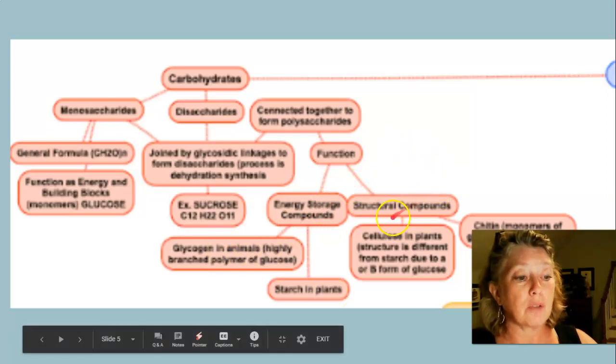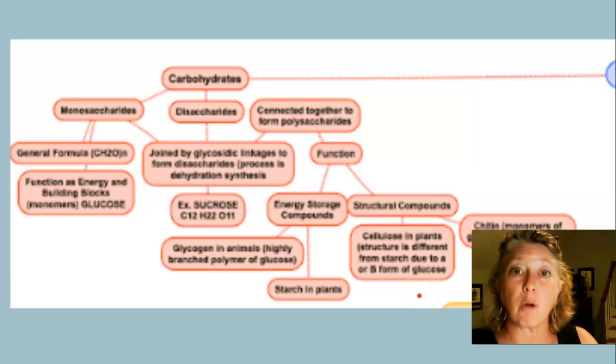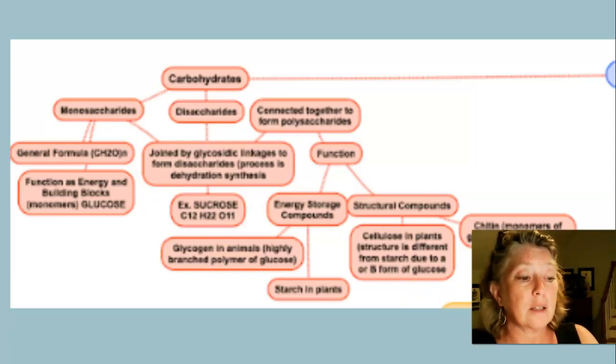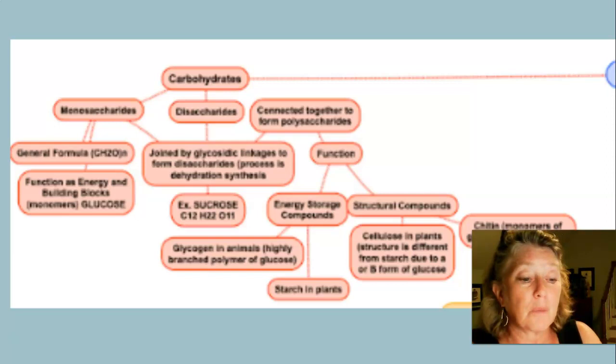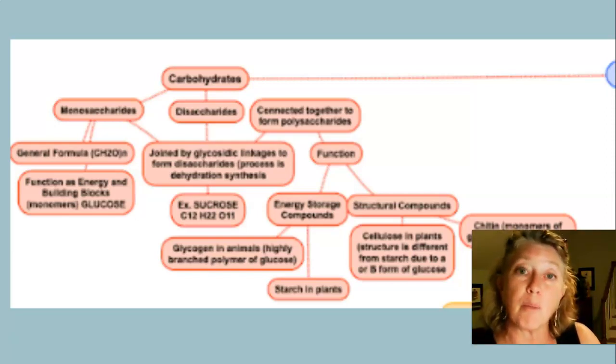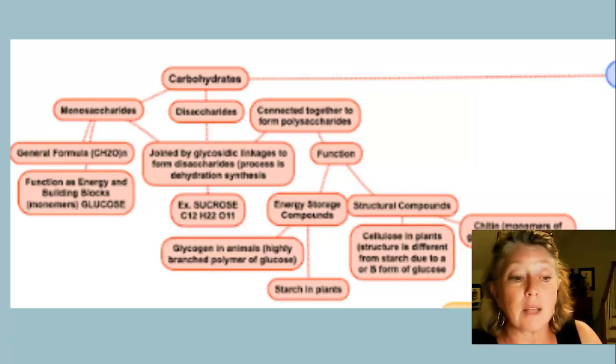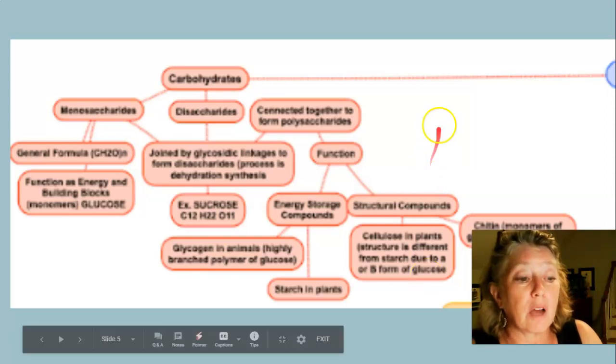Other structural compounds include cellulose, which is also in plants, and it is actually the component of the cell wall. It is a different form of glucose that's bonded, and it is not digestible by mammals. There are things like termites and bacteria that can break it down, but we cannot break down cellulose. Just as an FYI, cellulose is the most abundant organic molecule on the planet because of all the trees and plants. And then over here we have chitin, which is found in the shells